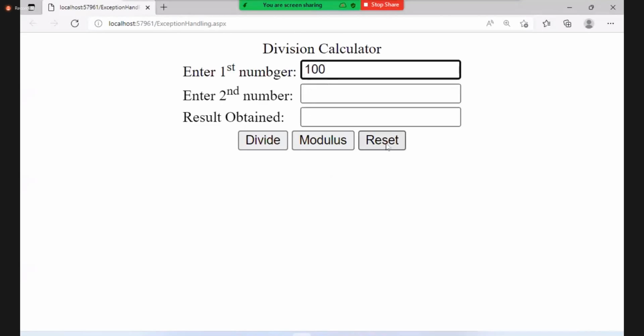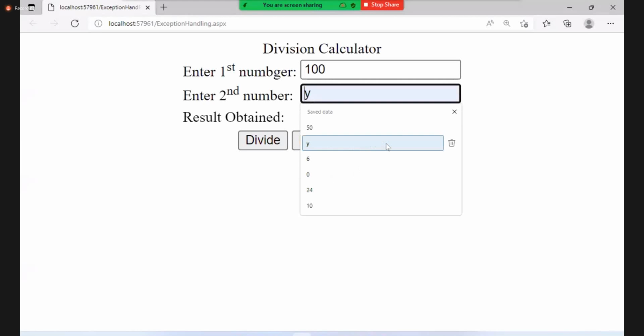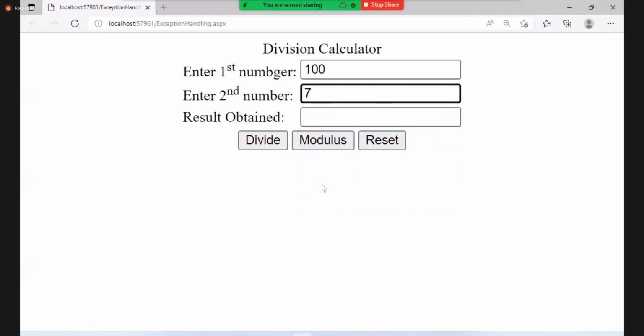I'm giving 100 and 7. Click on modulus. 7 13s are 91, so 9 is the remainder. Okay, so we just got it. Now 8 I'm giving. 8 12s are 96 and 4 is the remainder. We're getting it. But here also, if I give y,